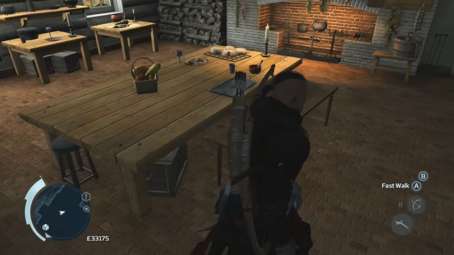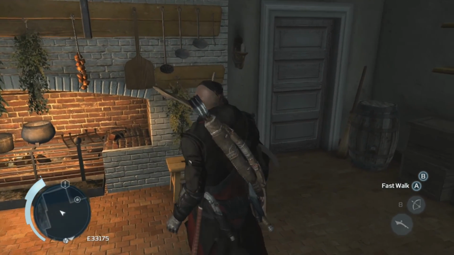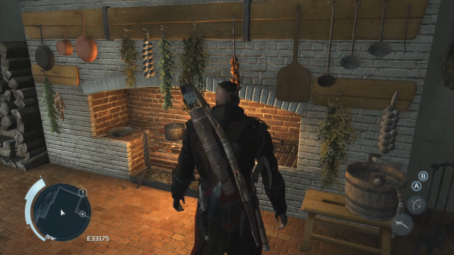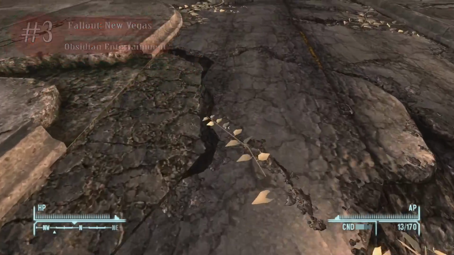And back at Connor's house in the kitchen, we can even see some herbs hanging by the fireplace, which kinda helps to complete the scenery. Now, the plants and herbs obviously aren't a big focus of this game, however, it was certainly worth just a small mention. Fallout New Vegas is a game that takes place in a post-apocalyptic wasteland modeled after the Mojave Desert